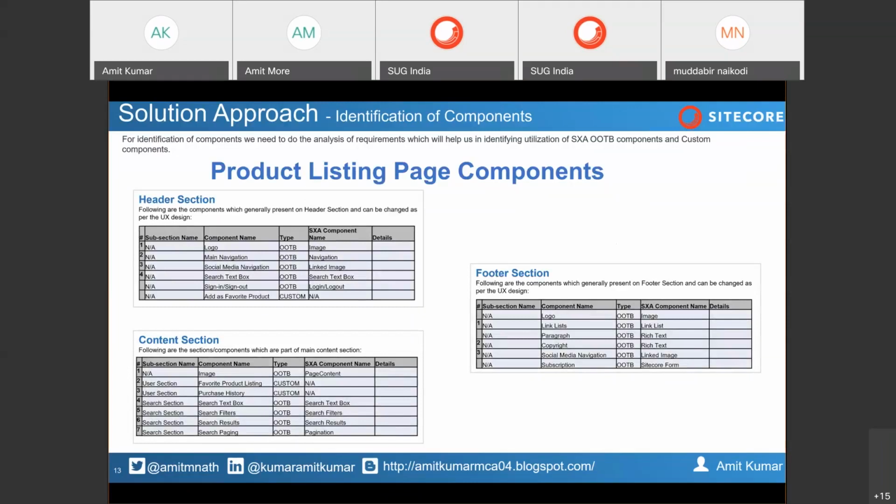So for each website, you need to create an inventory, and from those inventories, identify a list of common components so that you can create a base website, which will be treated as the sample website that you showcase to the client to get a sign-off, and that you will clone to onboard any of the brand websites.